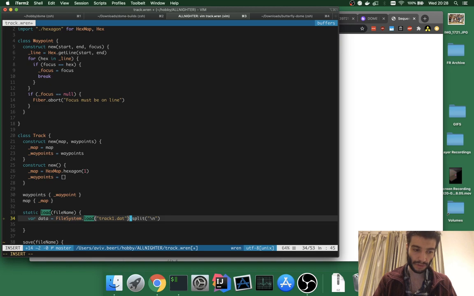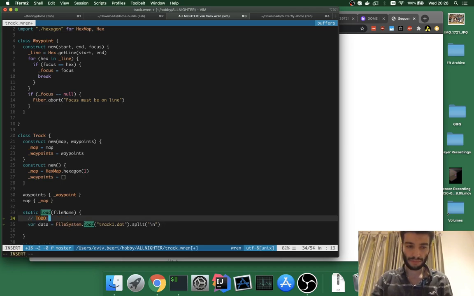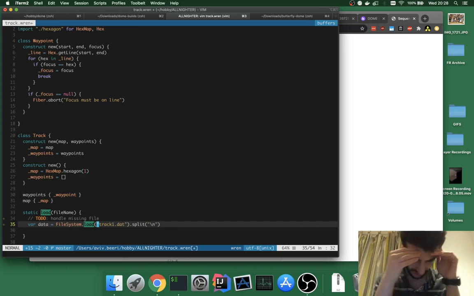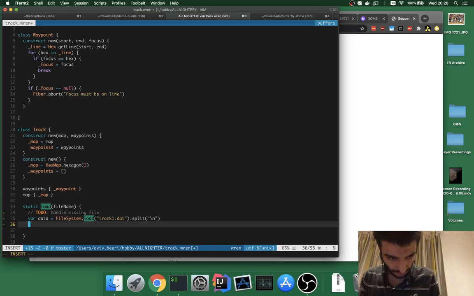I mean, you'd probably want to do some proper error handling here, but I'm just sort of knocking this together right now. So I'm not bothering to battle-proof it. I mean, for a game jam, you tend to assume that you're supplying all of the stuff that you need anyway, so if it's broken, you're missing your whole game anyway. So that splits it into an array of rows, so then